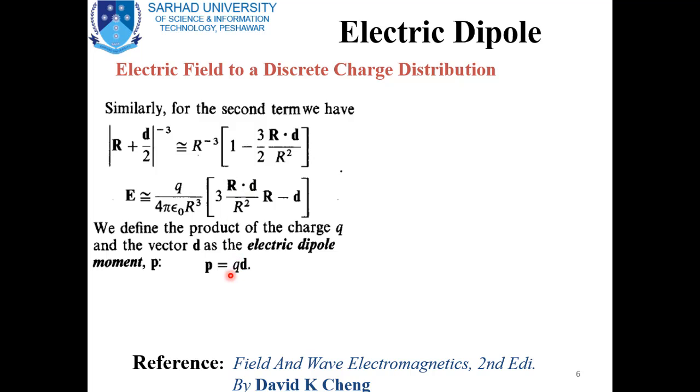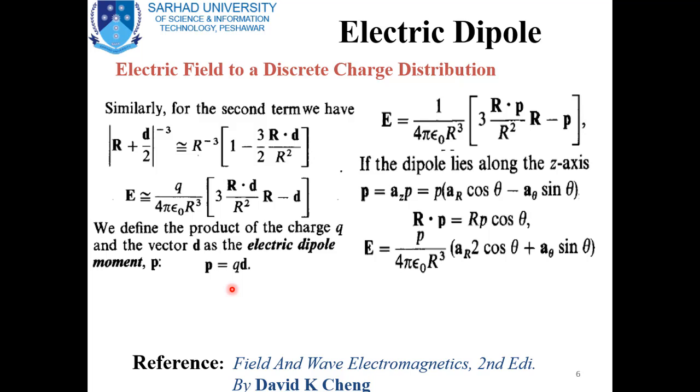And P is the product of the magnitude of charge and the distance between the two oppositely charged points in the dipole. P is a vector quantity, and the direction of the electric dipole moment is from negative to positive charge, which is opposite to the direction of the electric field, as the electric field is from positive to negative. Now, in terms of P, the electric field intensity can be written as 1 divided by 4 pi epsilon naught